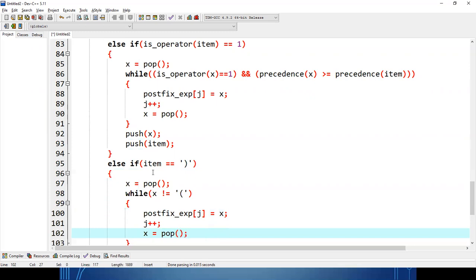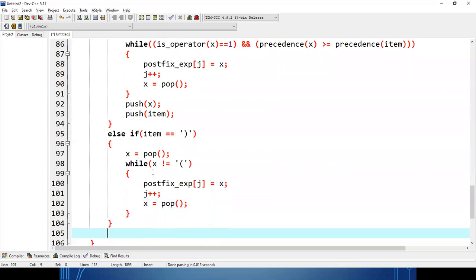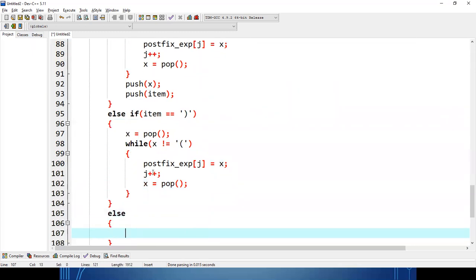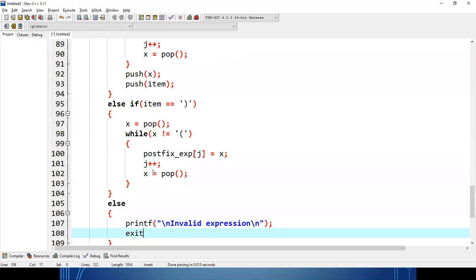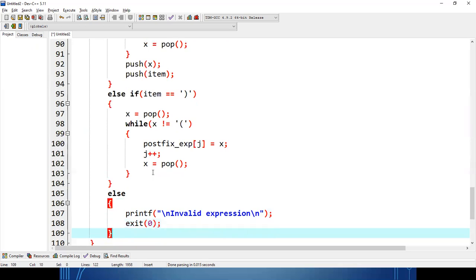Okay. And this process will continue. Clear. Once my else, and finally, suppose none of the cases is satisfied, that means my expression is invalid. Invalid expression. Okay. And if I have entered an invalid expression, then I have to exit from the program. Clear. So when all the cases are over, then